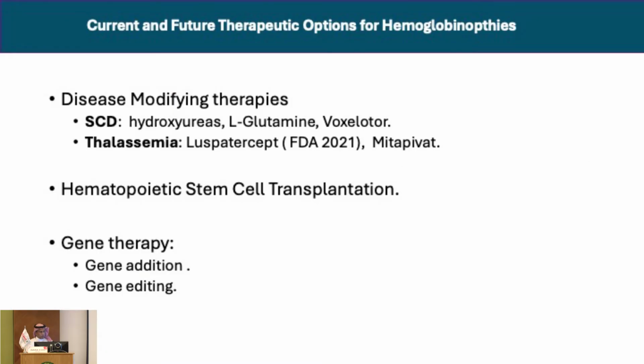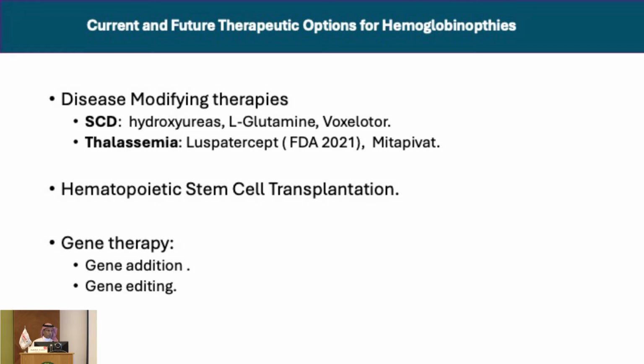So, the current therapeutic options: there are disease-modifying therapies for sickle cell disease. Of course, transfusion can be given when needed. Hydroxyurea is a very important medication, and it should be introduced early in infancy to prevent complications and improve the quality of life of these patients. L-glutamine, voxelotor, and other FDA-approved medications have also been introduced. For thalassemia, these patients rely on transfusion for survival. Therefore, early introduction of blood transfusion in addition to iron chelation is important if these patients are to have an almost normal life.